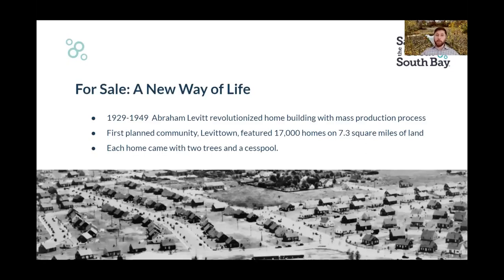So Abraham Levitt revolutionized home building with mass production, right? So it's this quintessential quarter-acre lot, all of South Shore, where everybody has a lawn and a white picket fence, a cesspool, and a token tree. And unfortunately, this has degraded the ecological structure and function of the Great South Bay watershed and really all of Long Island. So Levittown was really the starting place of the suburban way of life, and we continued to sprawl